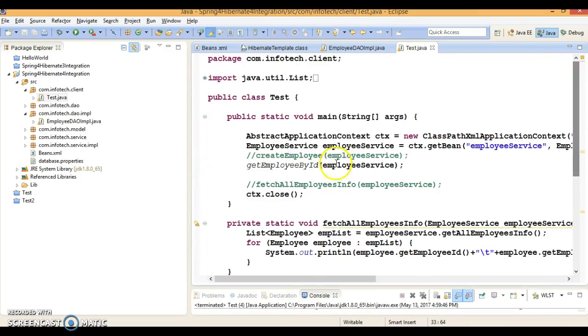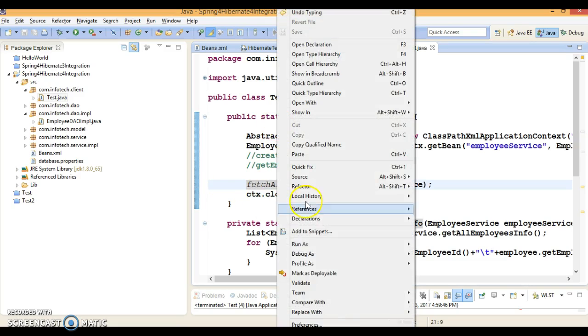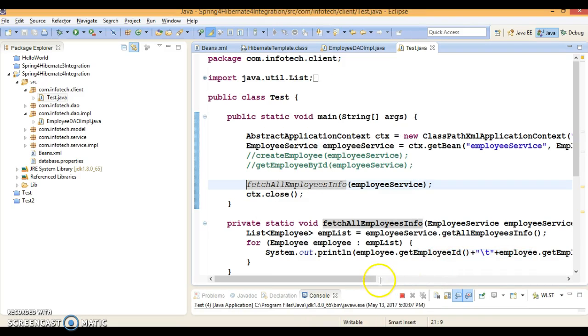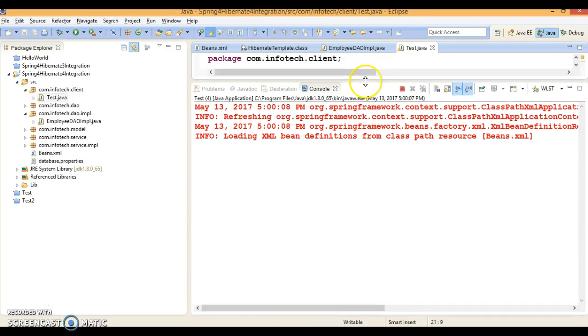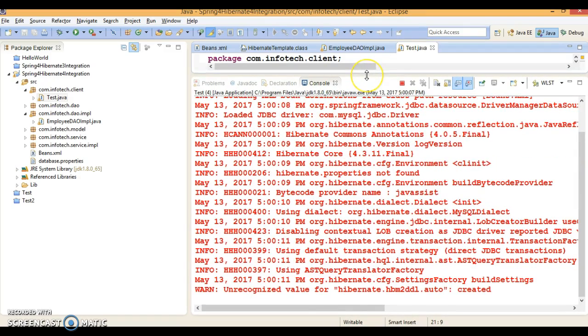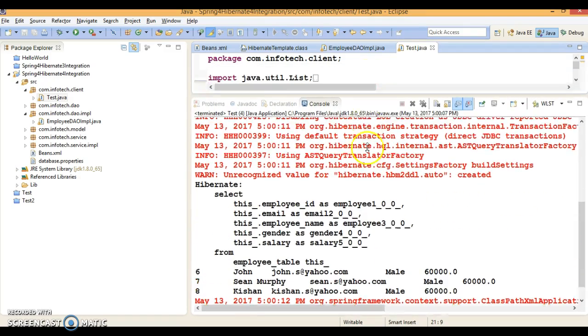And the last API we have is get or fetch all employees info. If you check this, that should also work. Okay, this is also working, right?